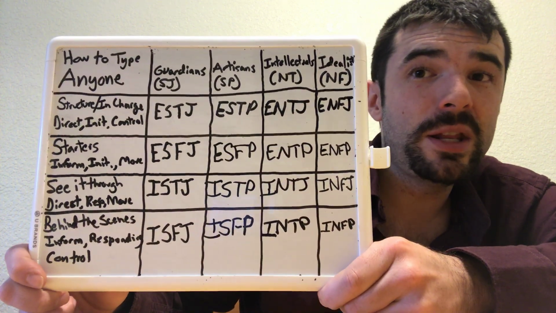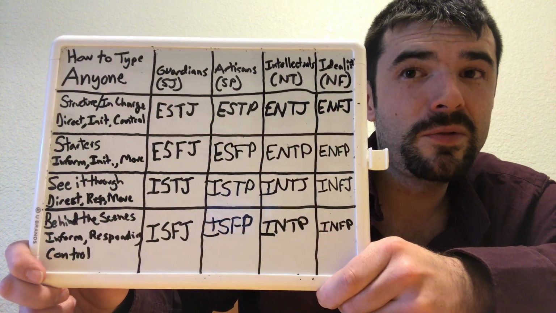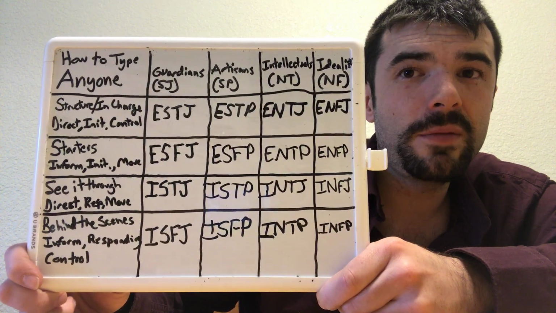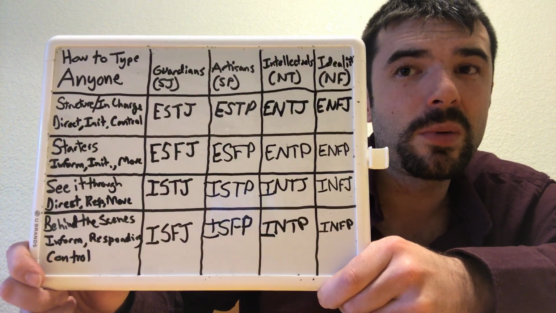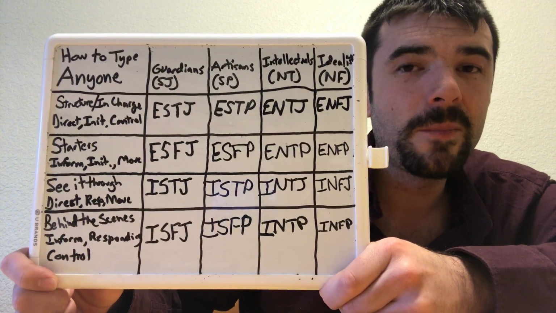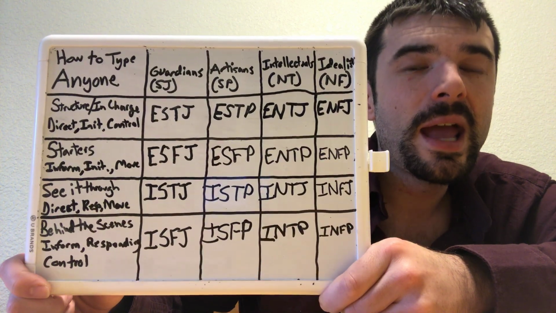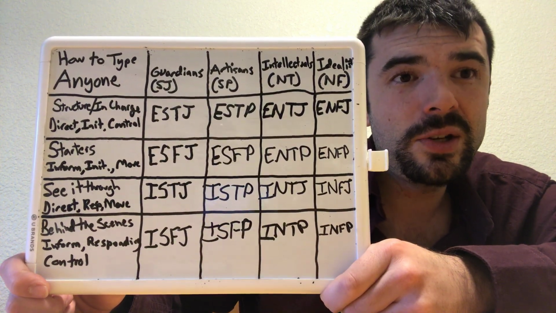If you know their temperament, you can do it the other direction. If you know their temperament, you've just eliminated all of the other types immediately. You've just eliminated 12 of the types, and you got 4 to work with, and now you got to figure out their interaction style. You can utilize this grid as process of elimination.